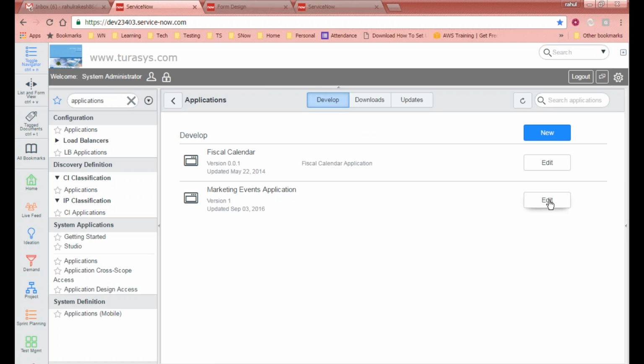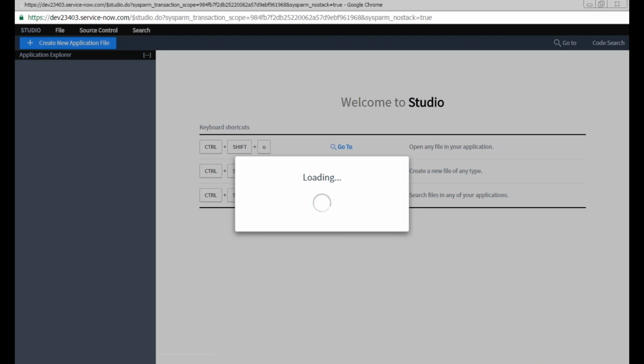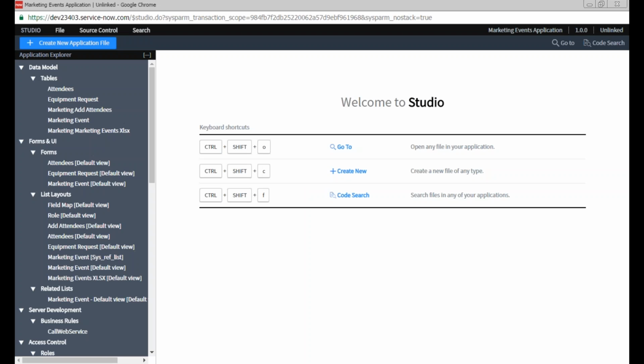Now if I hit on this edit, it will open up the studio for me and will show you all the files or all the components, ServiceNow components, which are included into this application, right? So if you go in here,